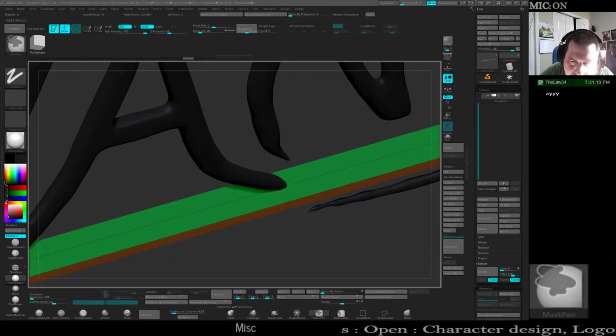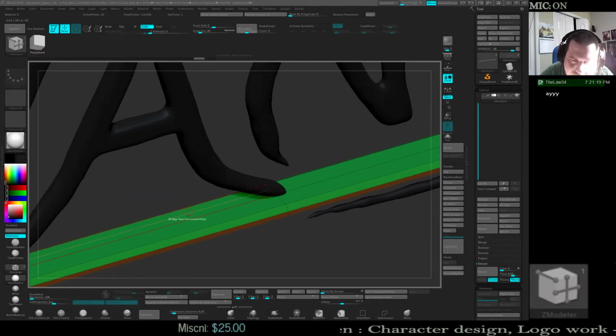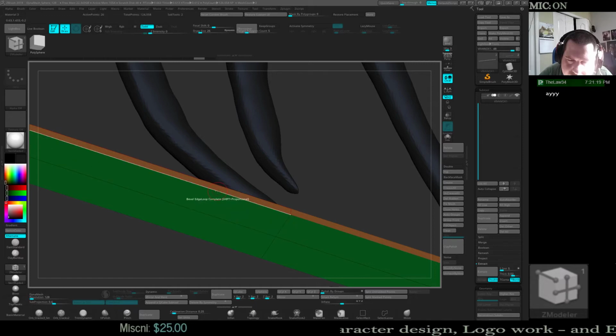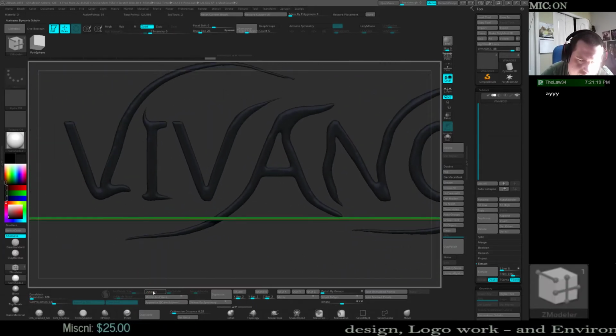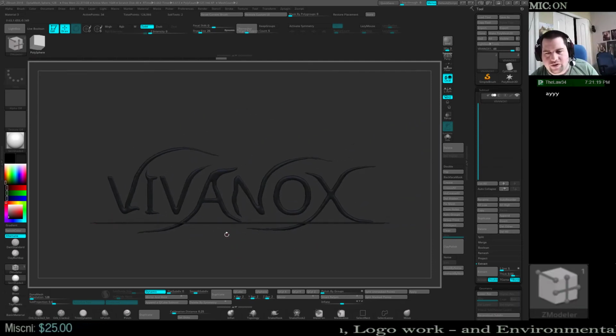God, that ZBrush. Just bevel. Did it crash? Not yet. I'll crash you. No crashing. Still no crashing.